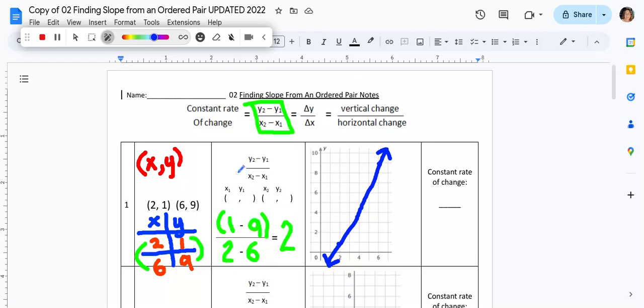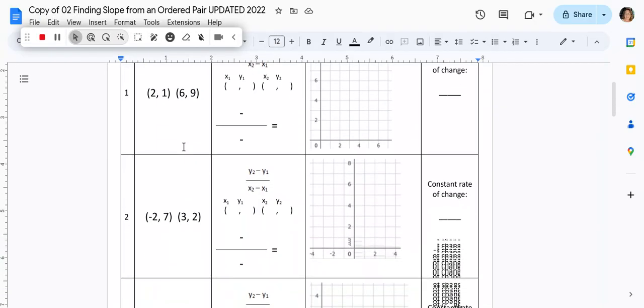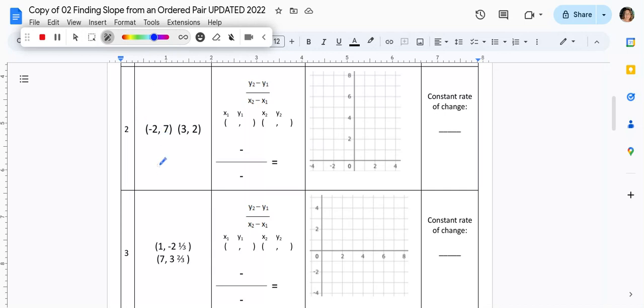Okay, so let's look at the next one. Again, I have my ordered pairs here. I'm now going to make my table. So x, y. And then I'm just going to put my ordered pairs into this table. -2 and 7,